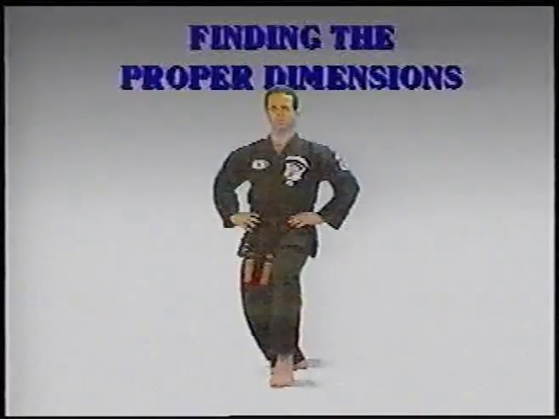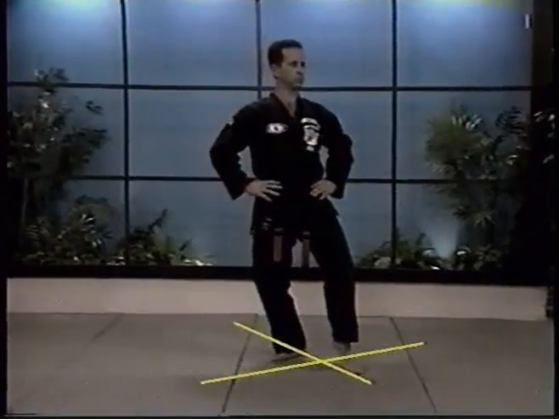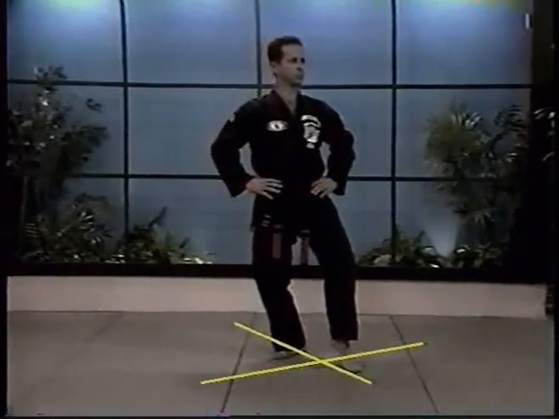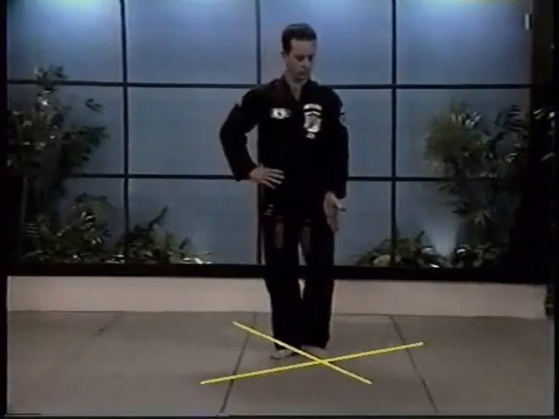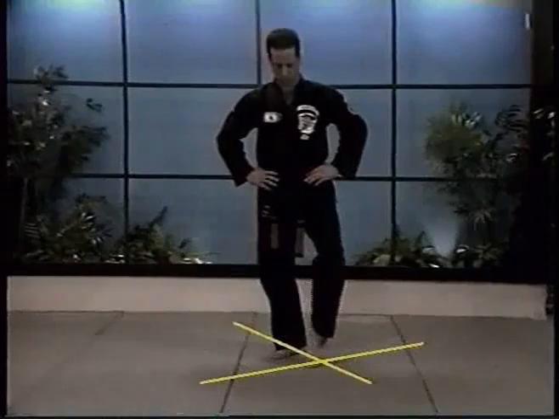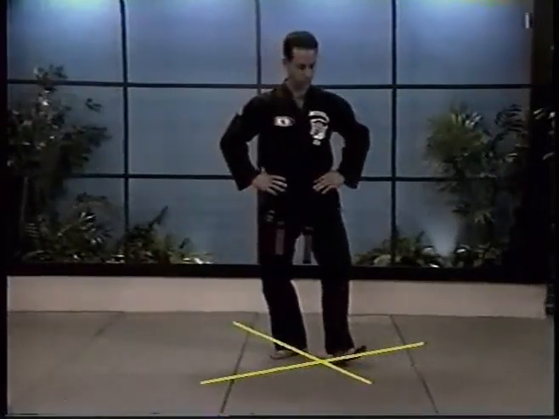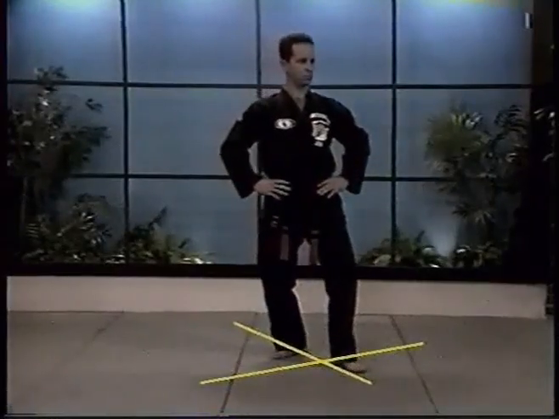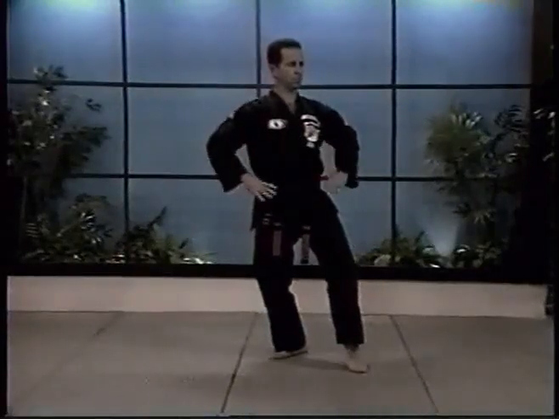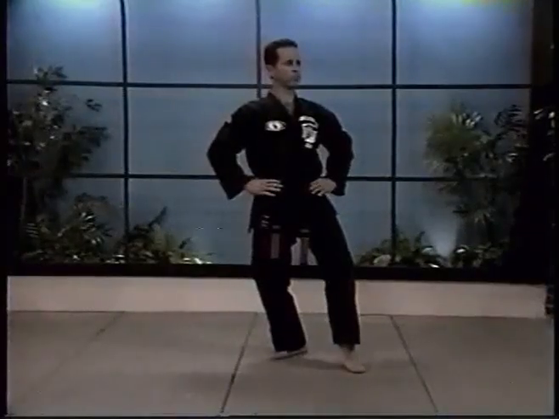Finding the proper dimensions. Again, visualize an imaginary plus sign. This time, have your rear foot point out at a 90-degree angle. As with the 45-degree cat stance, the heel of your forward foot is placed against the heel of your rear foot. Lift your forward foot and draw an imaginary line with the big toe of that same foot. Lift your forward foot and place the heel of that foot on the imaginary line that was mentally drawn. Place 10% of your weight on the ball of your forward foot and lean back and over your rear leg so that the remaining 90% of your weight rests on that leg.